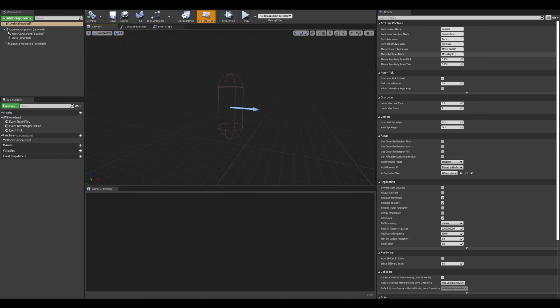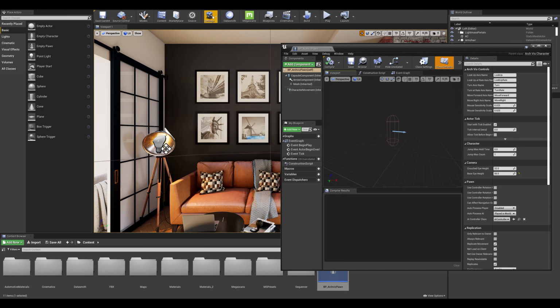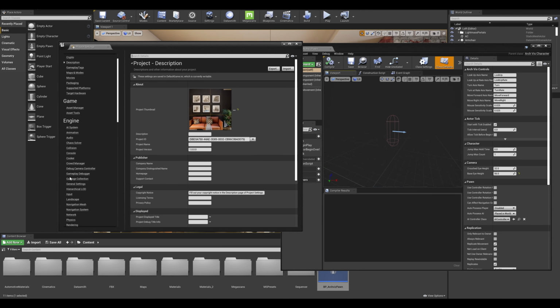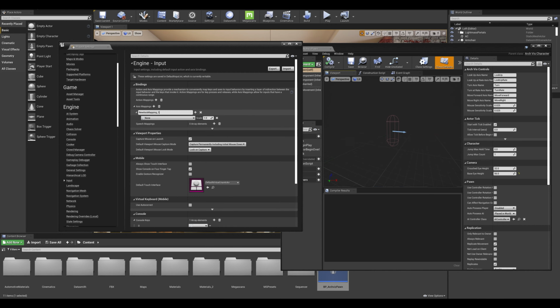So what we can do here is reduce the size of this window. We're going to go in our settings, project settings, and look at the input tab. These are the axis mappings that we're going to be entering. We kept this window just so we can enter those exact value names in our axis mapping. So let's start with the most basic one, move forward. I'm going to click on the plus sign and name this move forward,